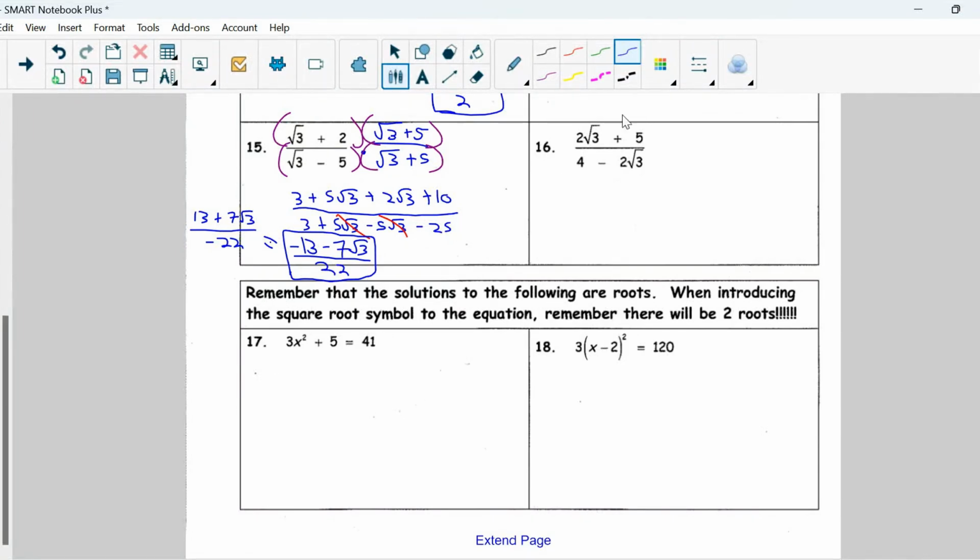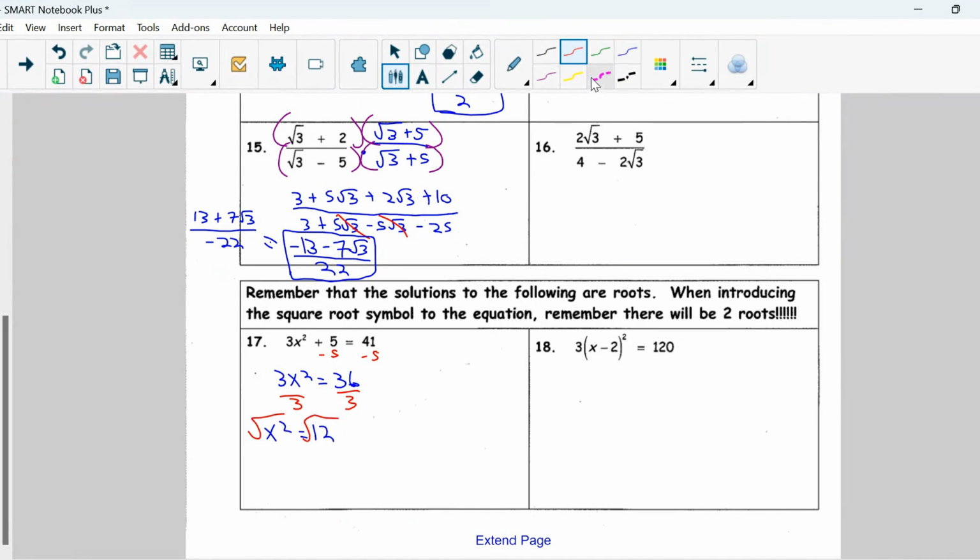So in order to solve for x, we need to isolate our variable like always. So let's go ahead and subtract 5 from both sides. That leaves me with 3x squared equals 41 minus 5, which is just 36. Okay, go ahead and divide our coefficient. Divide both sides by 3. That leaves me with x squared equals 12. Okay, if we want to solve for x, we have to take the square root of both sides